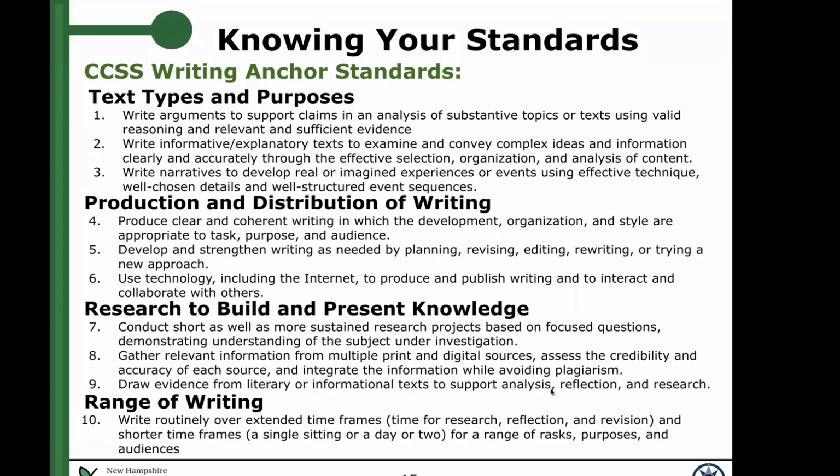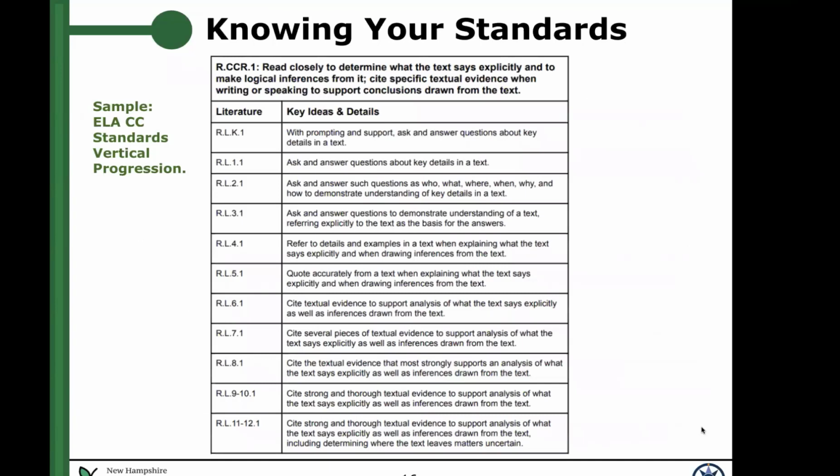So for example, you might see R.CCR.1, and that would be reading college and career readiness anchor standard 1. So this is for the writing. Anchor standard 1 would be write arguments to support claims and analysis, so on and so forth. And from here, if Heather, if you can pop to the next one, you'll see that these anchor standards have a progression straight through to grade 12. And this gives you an overview of how that staircase is going to align from K to 12.